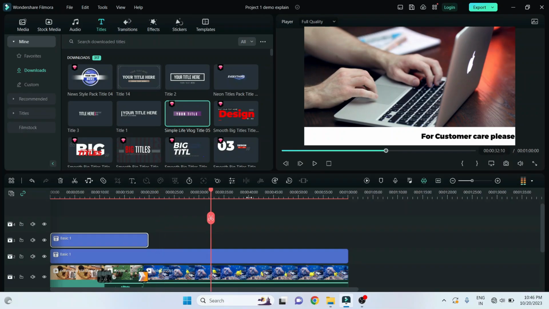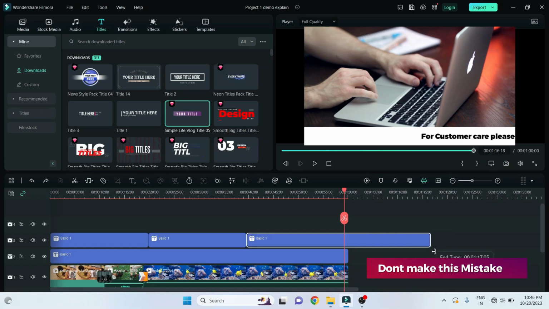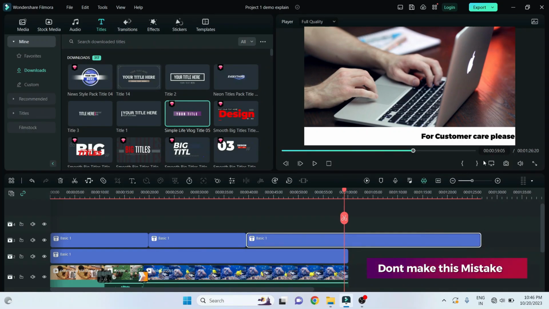So here you see, the text is not present anywhere because we have added this text till here only. So what do we need to do to add another part? Simply we have to copy this and paste it. Guys, don't make the mistake of increasing it like this, because then the speed will also become slow.